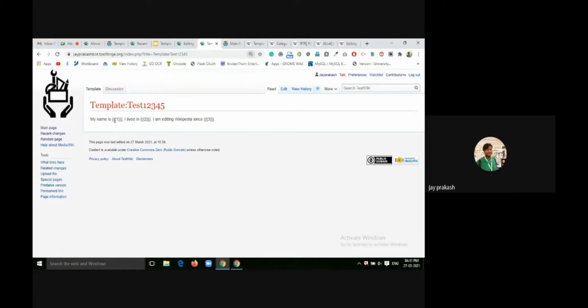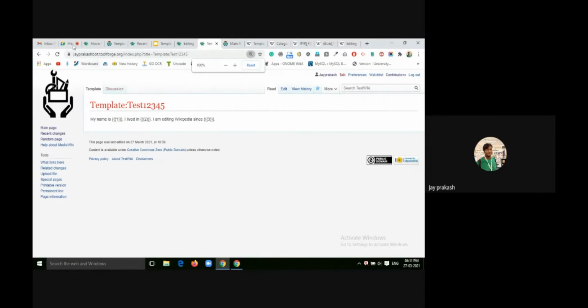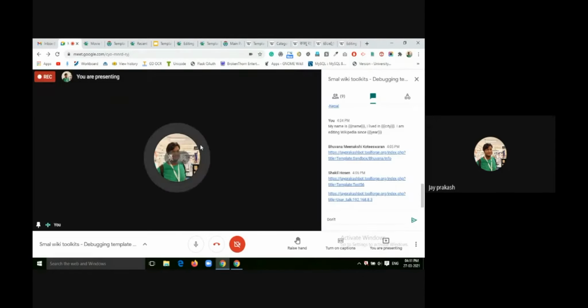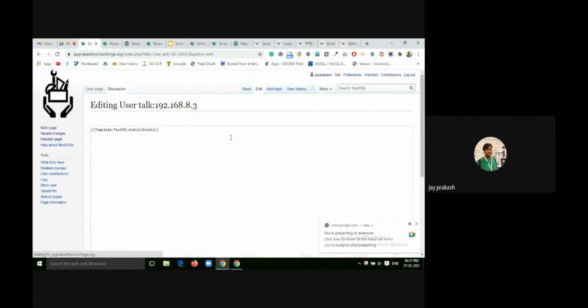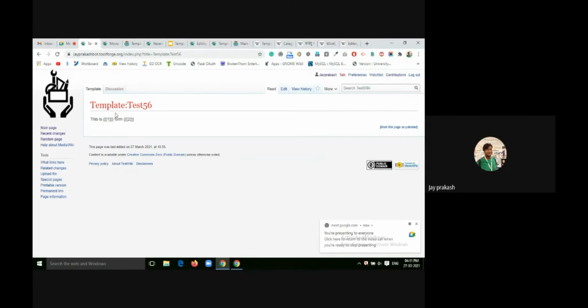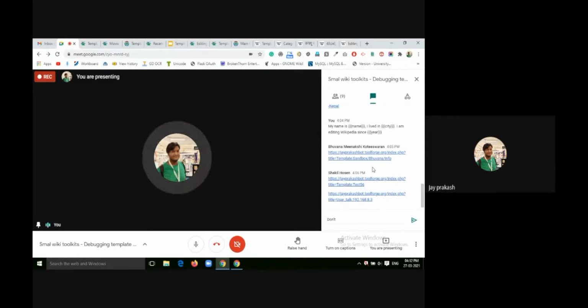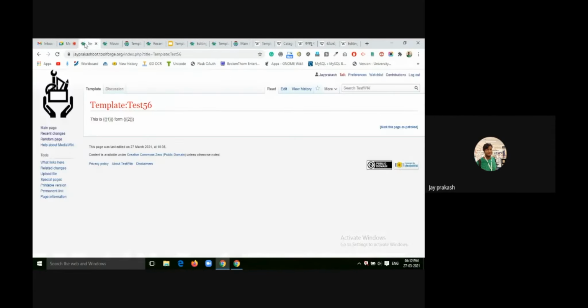Just remember here we use triple curly brackets and closing triple curly brackets. Now I think you will get the point. If anyone has any confusion, then please ask me. Yeah, that is a good example of using positionally passing parameters. Does anyone have any questions about passing the parameters positionally? Okay, sounds good. So now we can move forward.